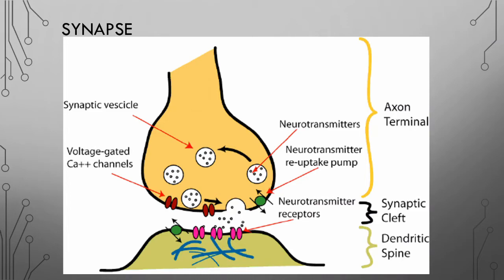When an electrical signal is transmitted from the axon to the axon terminal, it is translated into a chemical message. These chemicals are then released for the other neuron to pick up. There are some names for this part that you should be aware of. The presynaptic neuron is the neuron that is sending the signal. So here it's the yellow one.